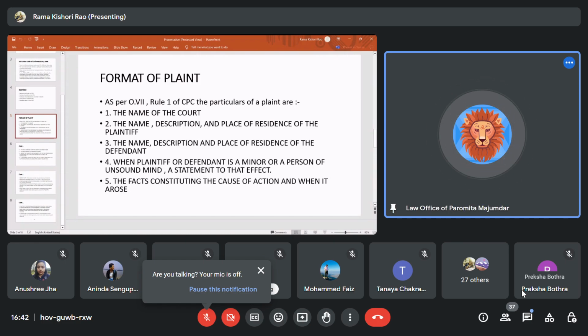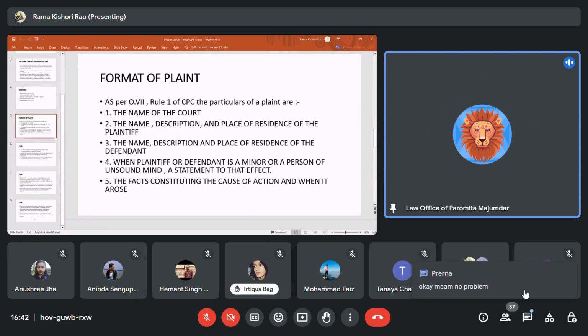So I was on the description of the plaintiff. You describe what the plaintiff is doing, whether he's a businessman or running a proprietorship firm, or a director of a company, or a government entity, or an individual. So the first paragraph you need to describe the plaintiff.